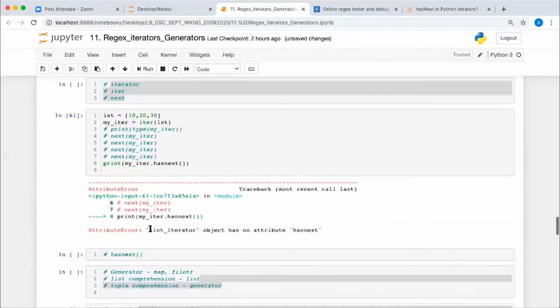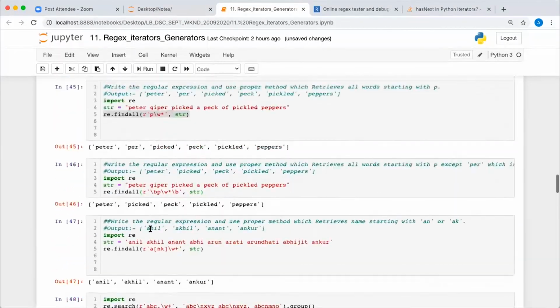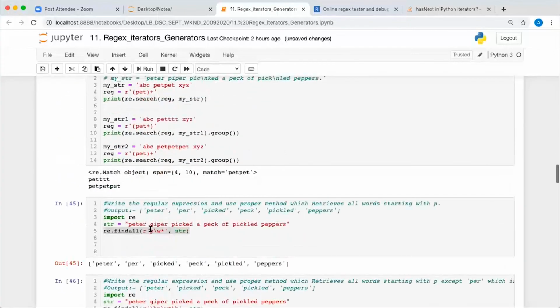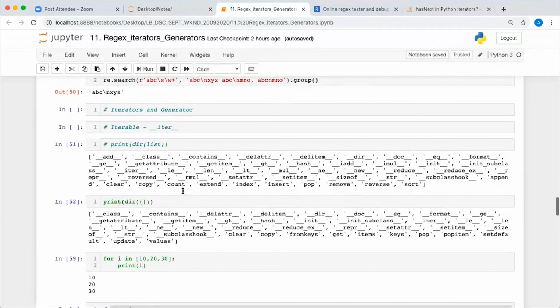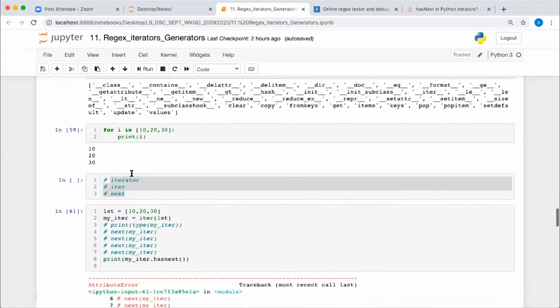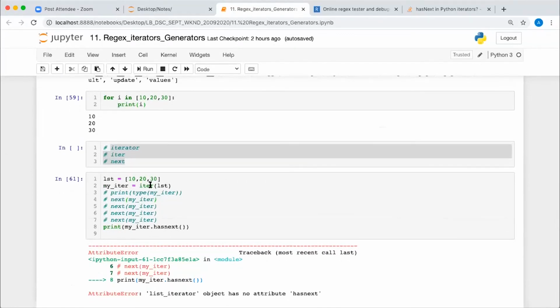Clear. So now we are coming to the generator and iterator. First we started with the iterable. What is an iterable? An iterable is any object which implements the __iter__ method internally, then it will be called an iterable. Also, if you can run a loop over it, it is an iterable. Now every iterable will return one iterator object when you pass that iterable into the iter method. That iterator object will have the next method. Applying next on that iterator object will return the next element from the iterable object one by one. All iterable objects implement the next method and iter method internally when you run the for loop.